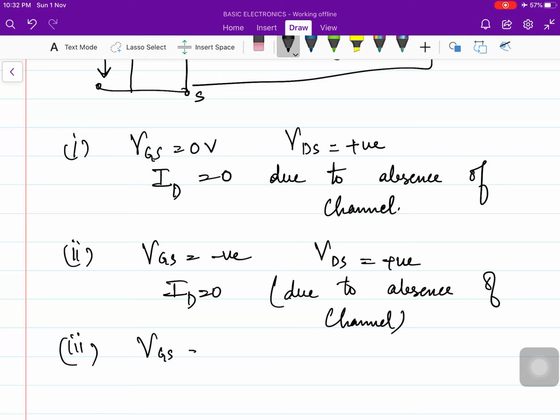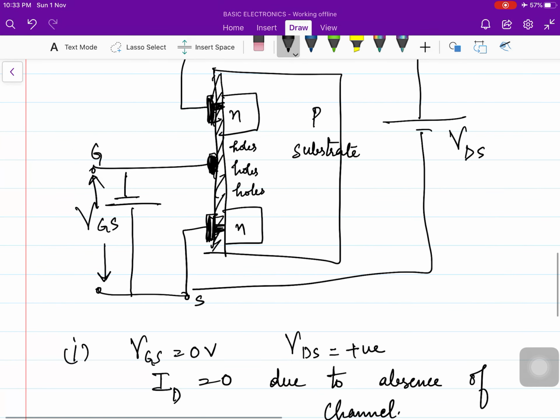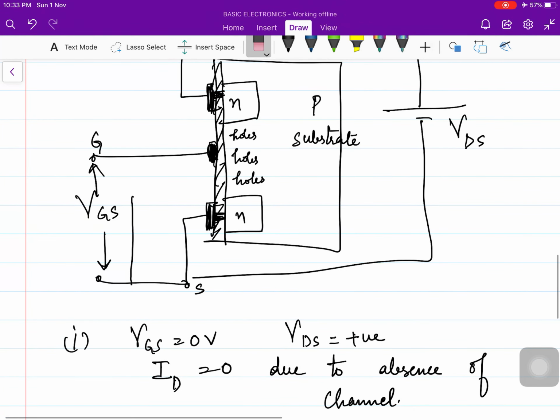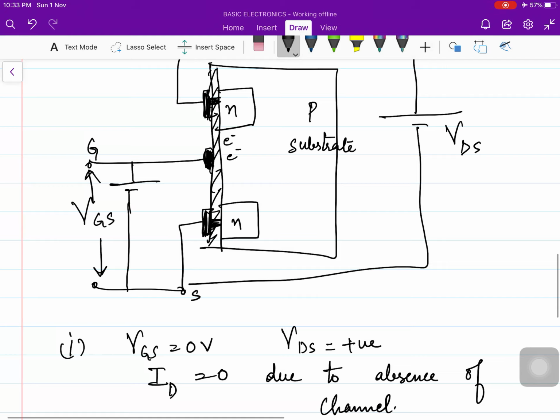Now let's see what happens when VGS is positive. So let's replace VGS. Now what will happen? The positive terminal of the VGS will attract the minority carriers in the P substrate in this region. So minority carriers of P substrate, that is electrons, will be attracted towards the positive terminal of the VGS and